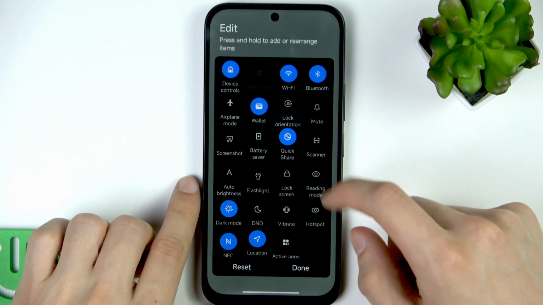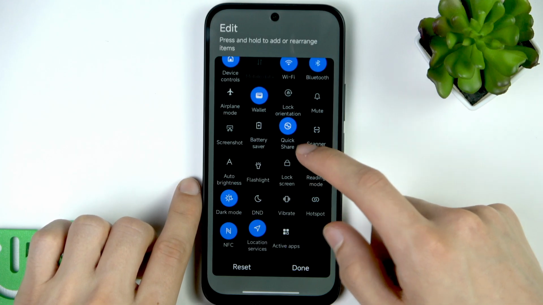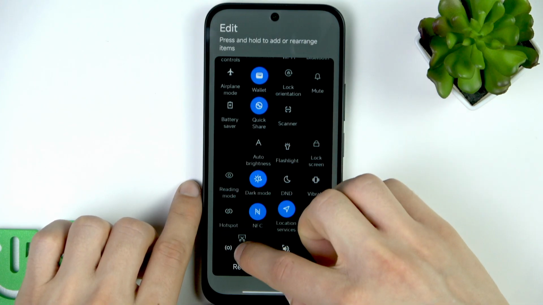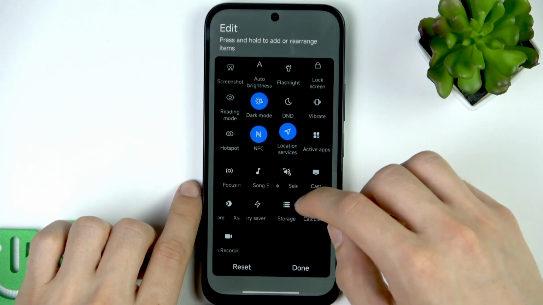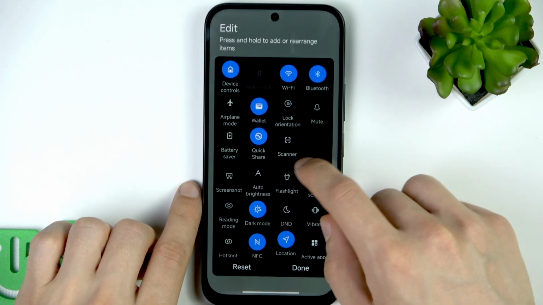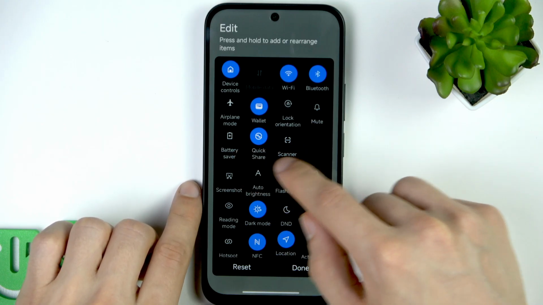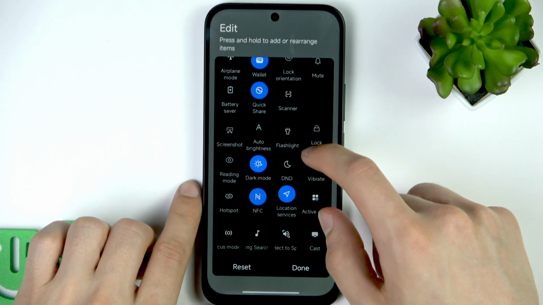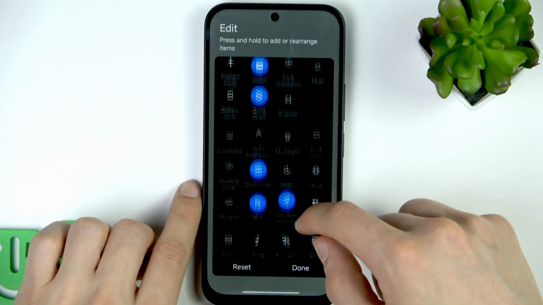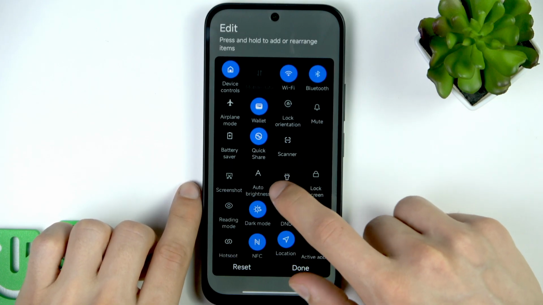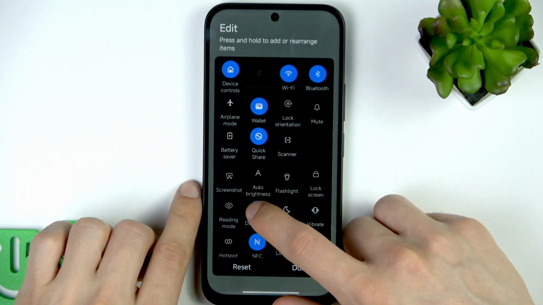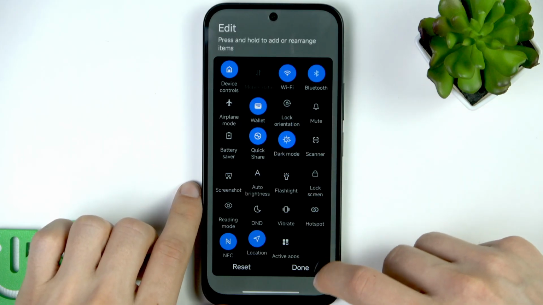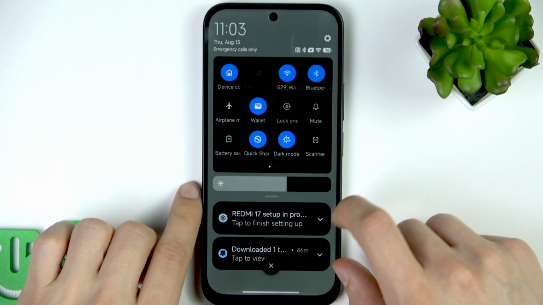If you want to remove some of the existing icons, you simply have to grab this icon and drag it down the list. So all the features that appear beneath this invisible line aren't added to our control center, and we can add them by simply moving them up right here. Then tap Done to apply changes,